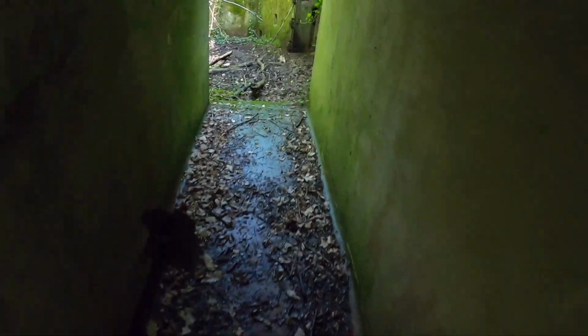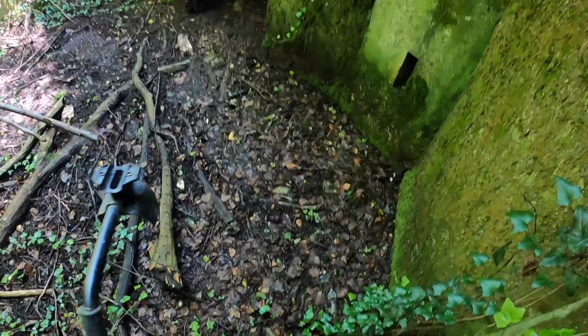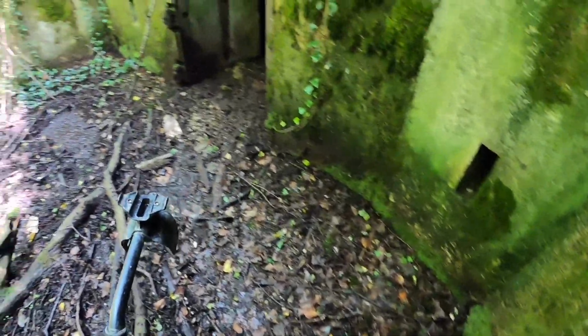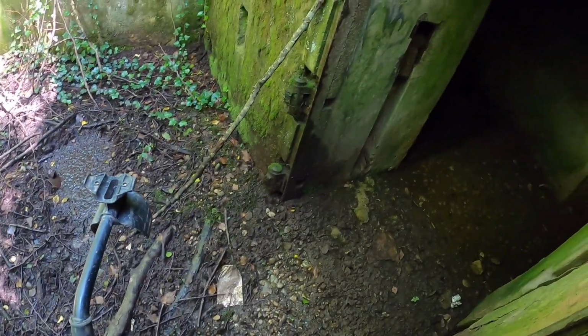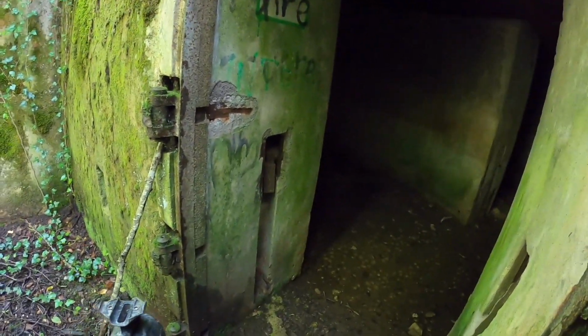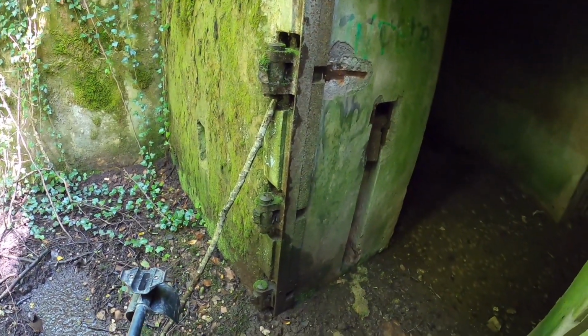Unfortunately, I don't have my torch with me. As I said, there's plastic, that's a fire lighter. Okay, ooh, squishy. I doubt you can see much in there. Look how big, there must have been a huge door on here. And then we've lost the light. I'm sorry about that, guys, because there is